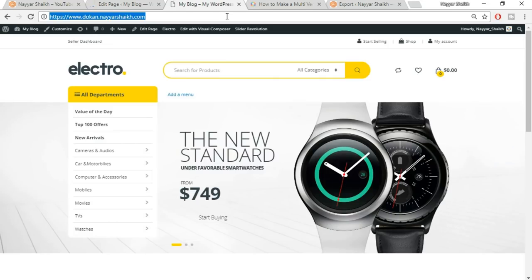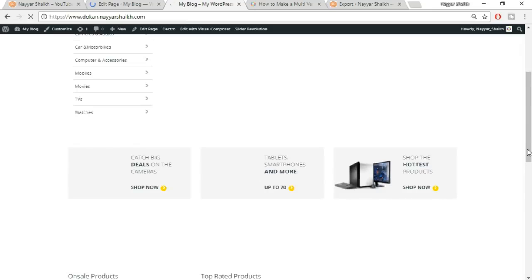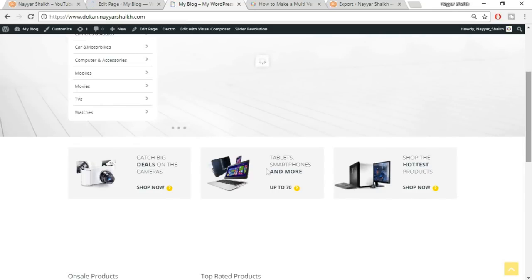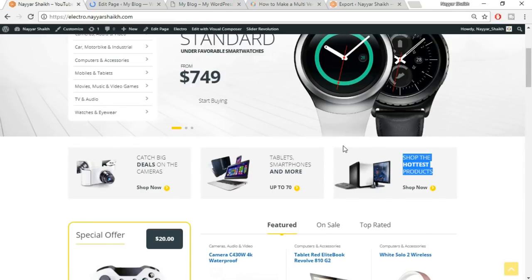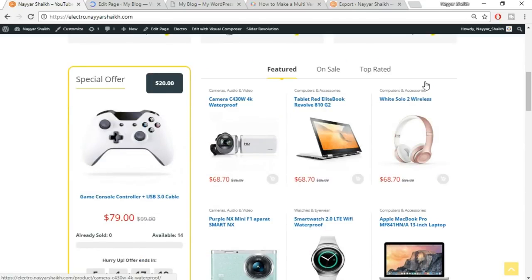Come back to your website, refresh, and we should see those changes now. Okay, as you can see guys, now we are seeing those changes. Now it's time to add this section, but before adding this section, we obviously need to create a few products because